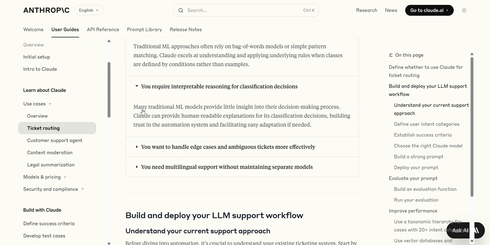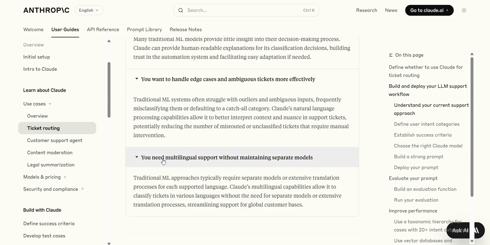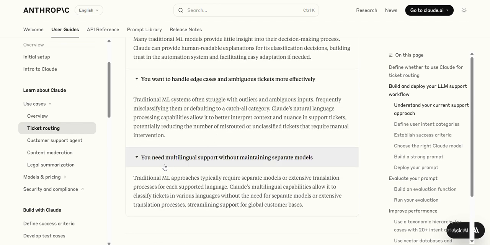Interpretable reasoning for classification decisions. You want to handle edge cases effectively. You need multilingual support. The other points are interesting too. I did not get some details here, but the multilingual support is also very interesting because for machine learning